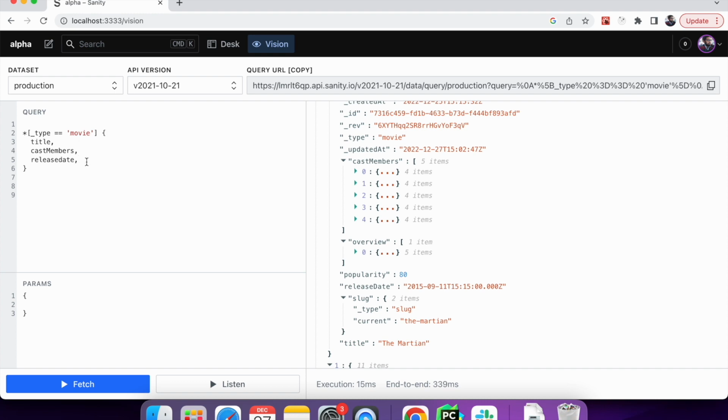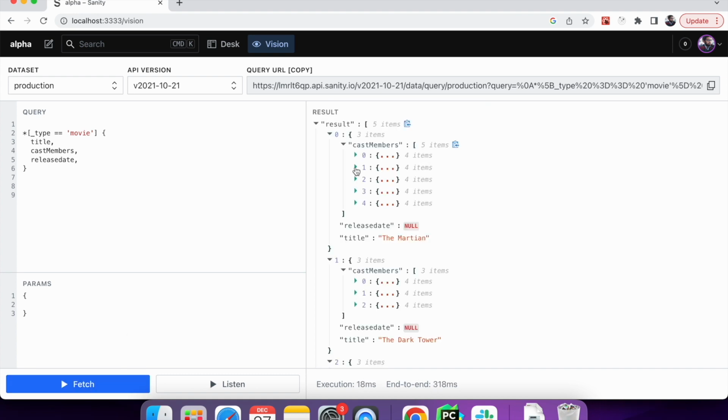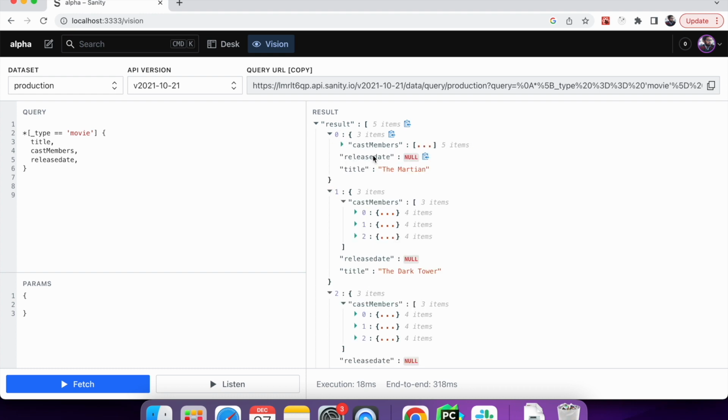in the curly braces, and this looks very similar to a GraphQL query, but the only difference is in GraphQL we don't put these commas after the field name, but in GROQ we have to put them. So now when we run this, we'll see that for each JSON object we have cast members, release date, and